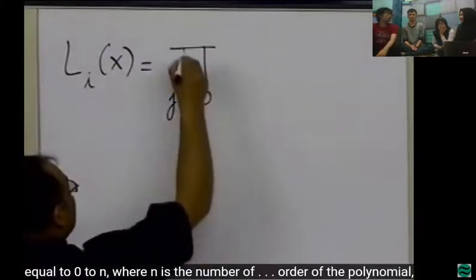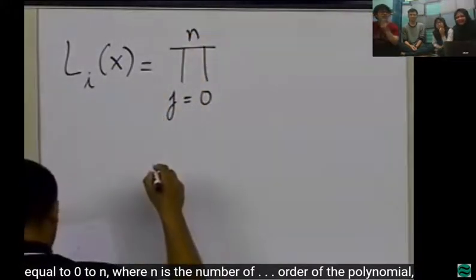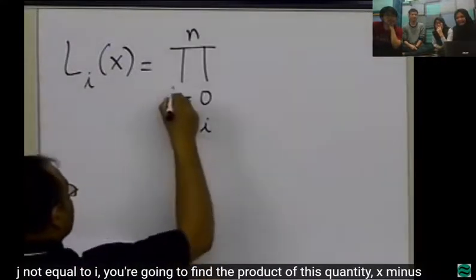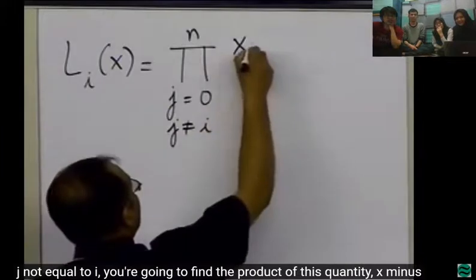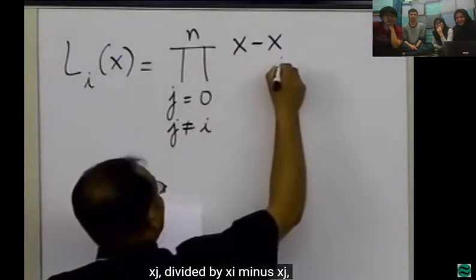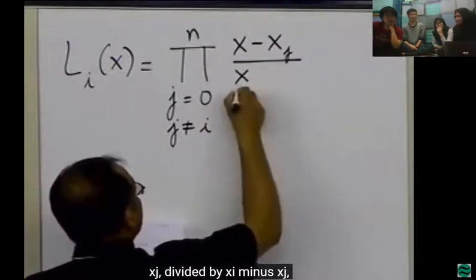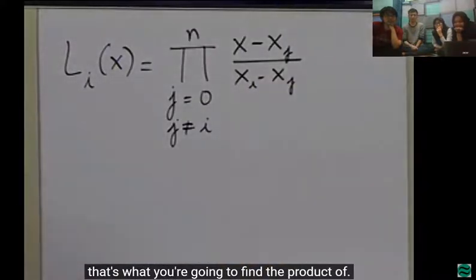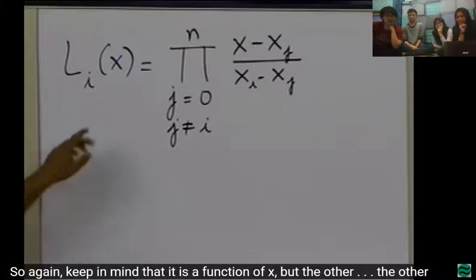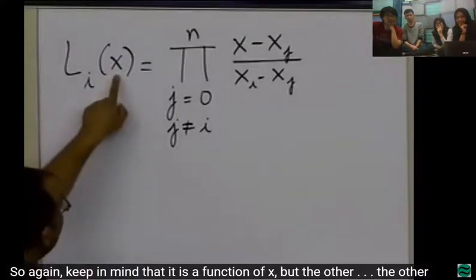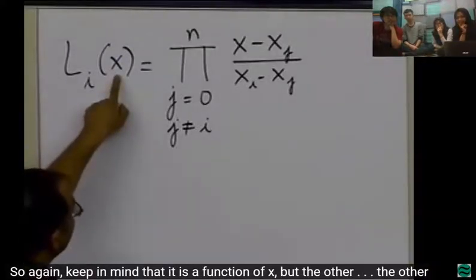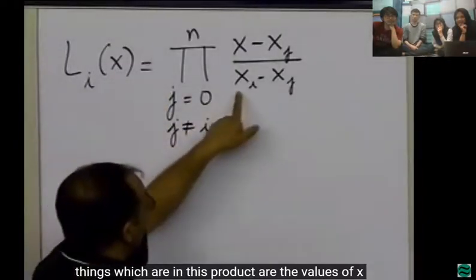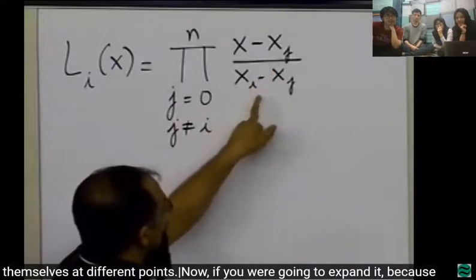For j equal to 0 to n, where n is the order of the polynomial, j not equal to i, you're going to find the product of this quantity, x minus x_j divided by x_i minus x_j. That's what you're going to find the product of. So again, keep in mind that it is a function of x, but the other things in this product are